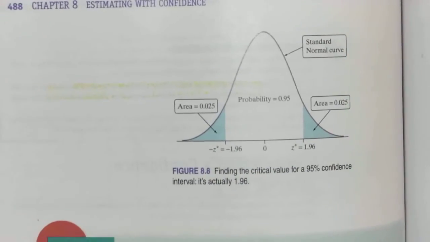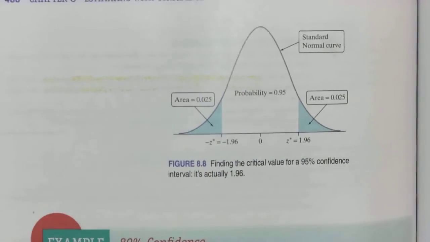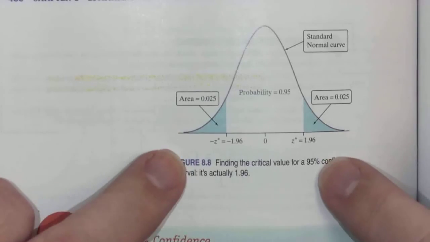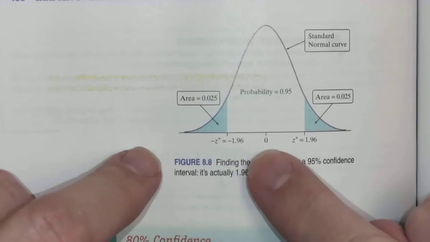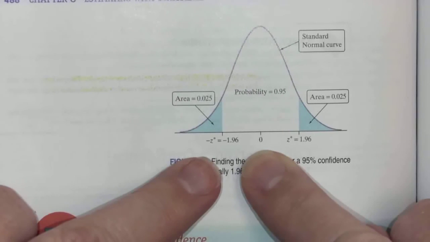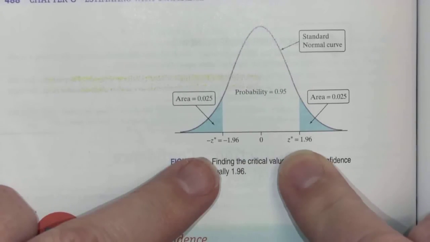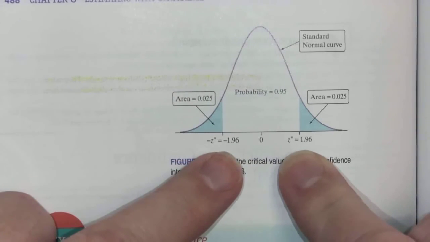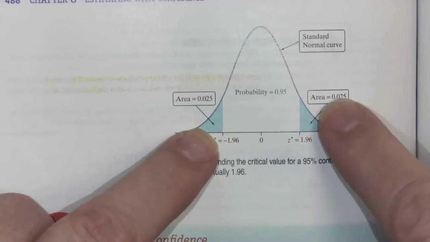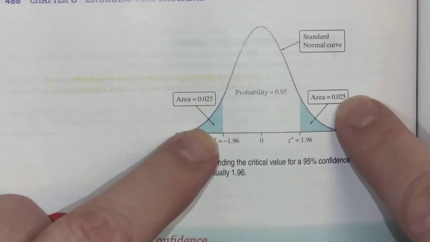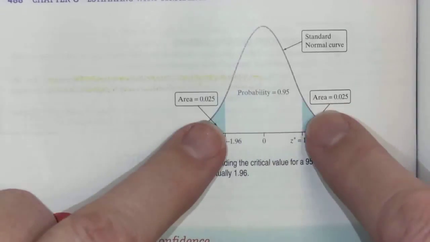Okay, so now, here's our standard normal curve. We've normalized it, so it's 0 there. And the critical value is 1.96 and negative 1.96, with the area of 0.25 on this side and 0.25 on this side. So that leaves